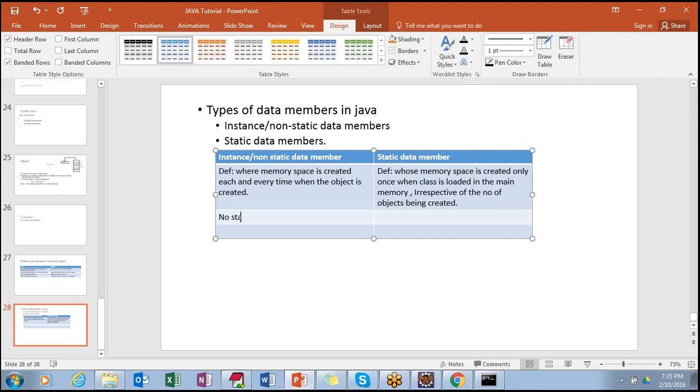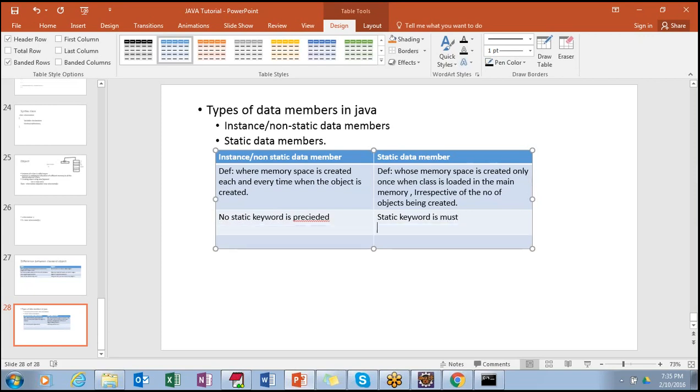For an instance data member, no static keyword is preceded. But here the static keyword is a must. Until and unless you have it, we cannot say it is static. So the syntax would normally be data type, space, v1 comma v2 and so on.